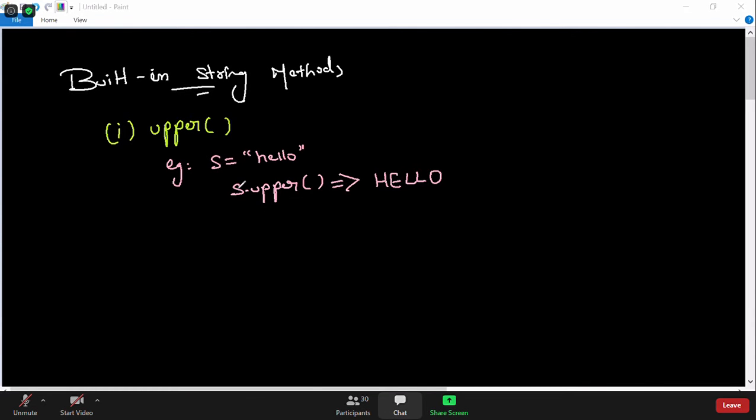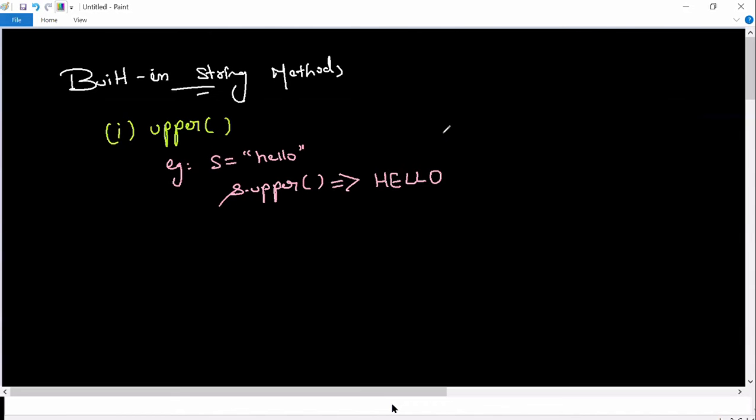But you noticed here that I'm calling it with an object, s dot upper. I'm not calling upper directly because it's not a function. It's a method from the string class. So you have to call upper on some string. In the previous example, I extracted the string, so it is also a string object. So I can also call hello dot upper, any string. What you create is an object in Python, as you all know. So this time s dot upper will convert into uppercase.